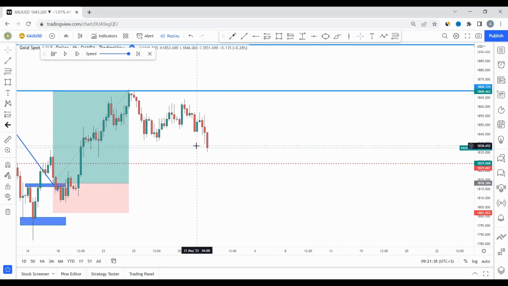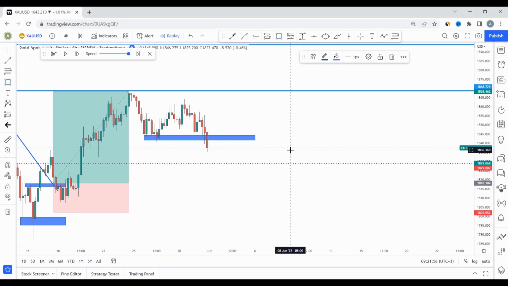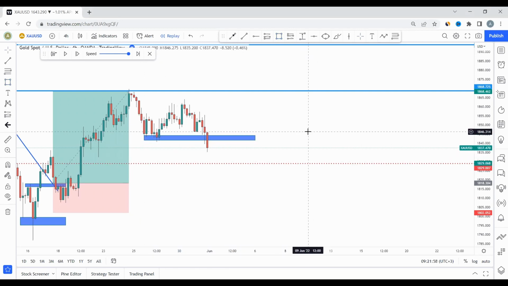So the market has given us, where is the structure? The structure is here. We have this head and shoulder here. Alternatively, someone can say we have this big M here, right? So what are we waiting for? We're waiting for the market to give us at least a retracement back to this neckline area here, and then we can take our trade. Now, where are we going to place our stop loss?